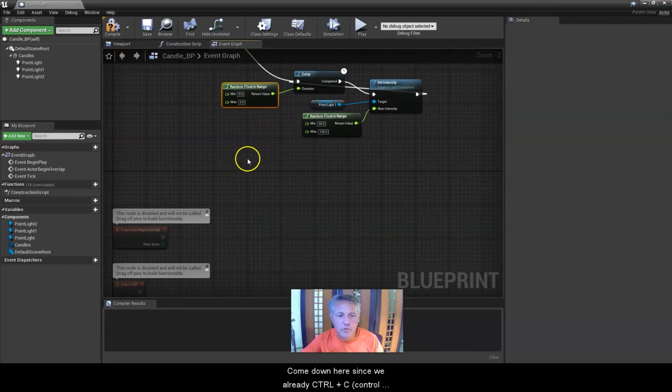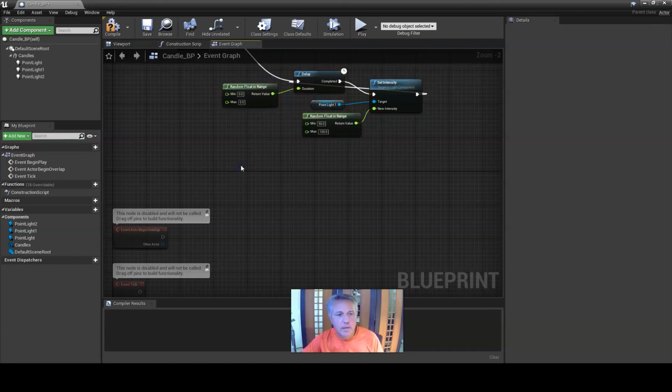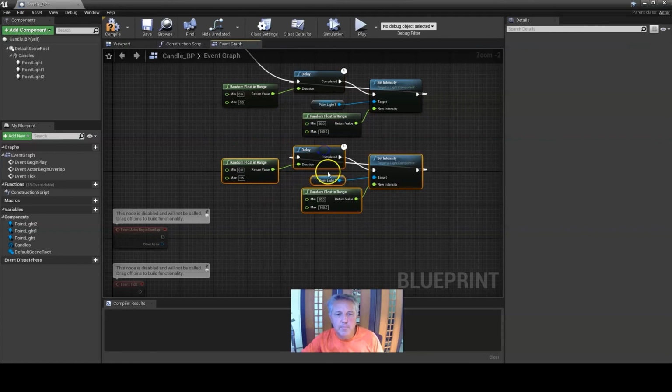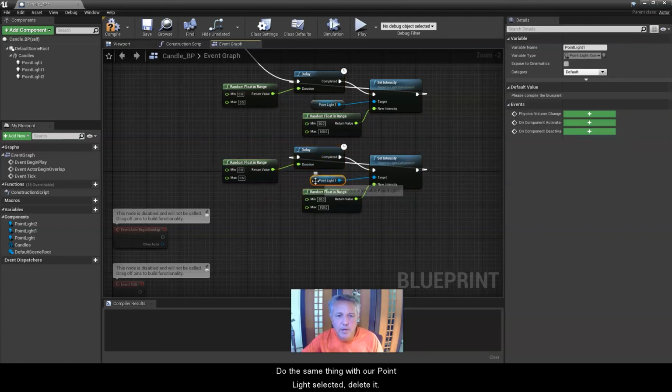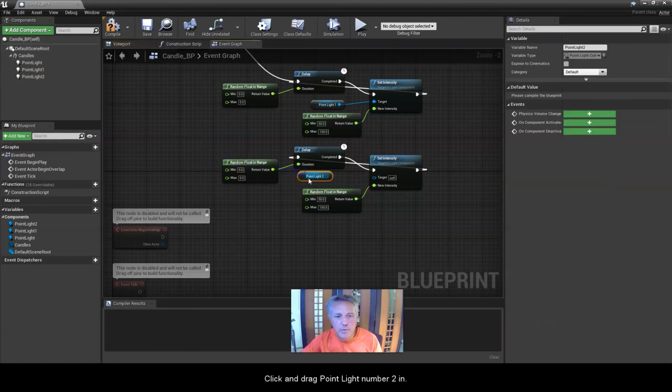I'm going to come down here. Since we'd already copied once, I'm going to click down here and hit Control V rather, and I messed up. That's all right. We'll just go ahead and copy it again, and Control V, move everything, line it up. Do the same thing with our point light selected, delete it, click and drag point light number 2 in,